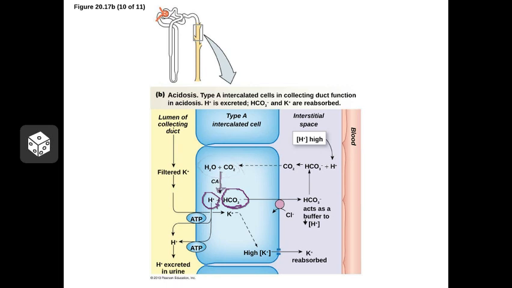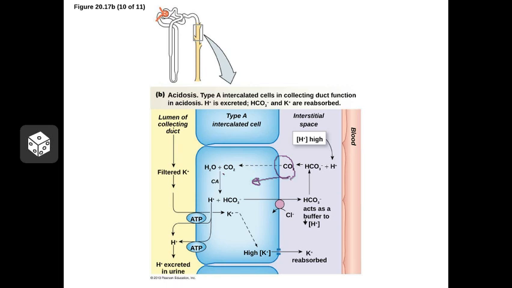If you'll recall, hydrogen ions do not diffuse readily across most membranes, so that's the only way we can take it from the interstitial space and get rid of it in the filtrate and eventually in the urine. We have to convert it